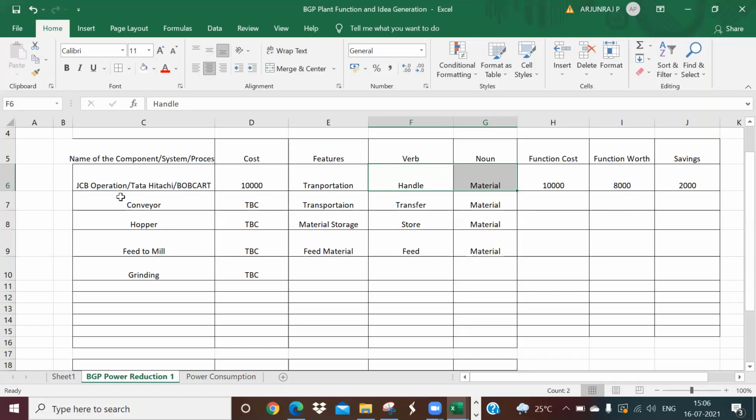Now, you can even propose some ideas which can be at a higher cost than the current one, say for example even 11,000. Again, you are not going to get savings. But what happens is, in 1 hour, if it is transporting the material, say for example 1000 ton from X to Y location,